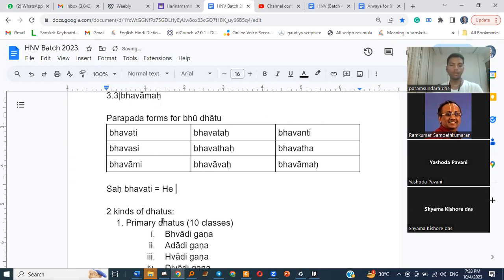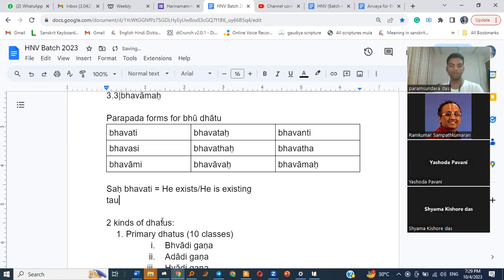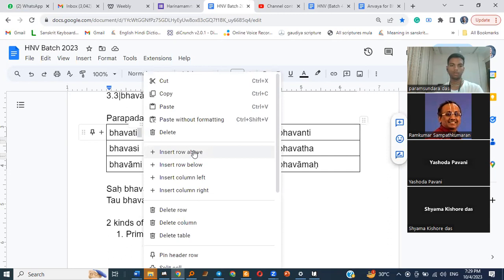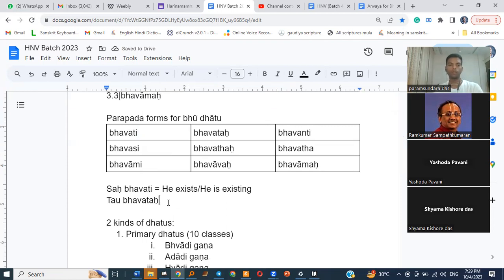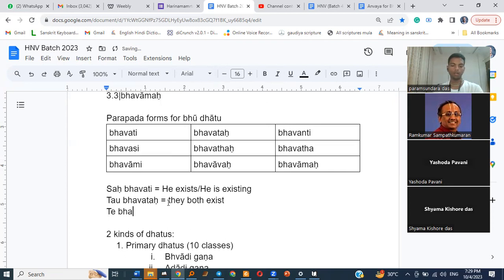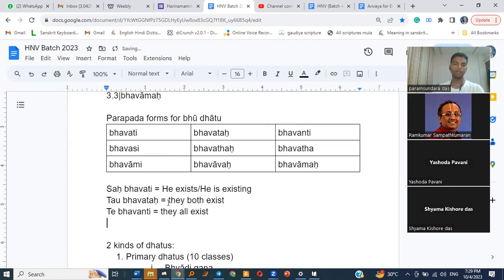So that would mean he exists, or it could mean he is existing, either way. Similarly, if I say Sah tau bhavatah. So this is the first row I'm doing, the first row. Tau bhavatah, which would mean they both exist. Then te bhavanti would mean they all exist. Okay, that clear? Then the second row would be